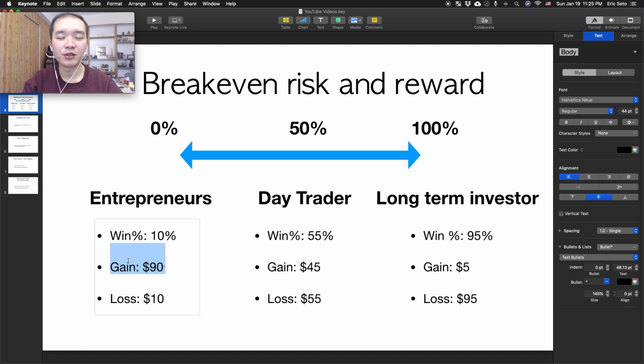So that's one way to do it, to tilt the odds in your favor. The next thing is, you probably want to do what they call a minimal viable product, or you do some tests. So then you make sure that the probability of your success is much higher than 10%. Whether you do a customer survey, whether you pre-sell your course, whether you actually pre-sell your product on an e-commerce platform, you need to get higher than 10% using this risk and reward ratio. So that's what you need to focus on.